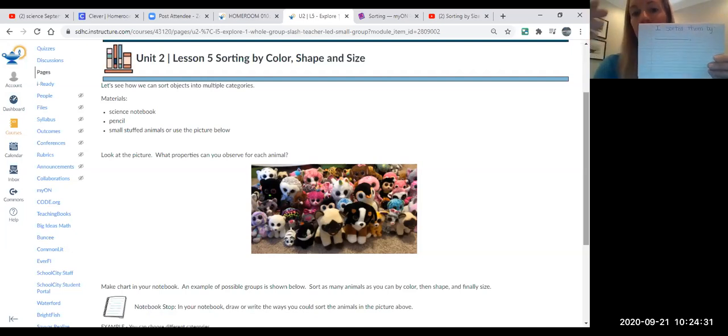So I might, for example, say I'm going to sort them by pink stuffed animals. So I'm only going to put my pink stuffed animals in here. You might sort them by only small stuffed animals are going to be in here, or only large stuffed animals will be in here, or only brown stuffed animals will be in here. So you decide what you want to put into your category, your sorting rule. All right, that is the last thing you guys have for science today, and I'll see you again